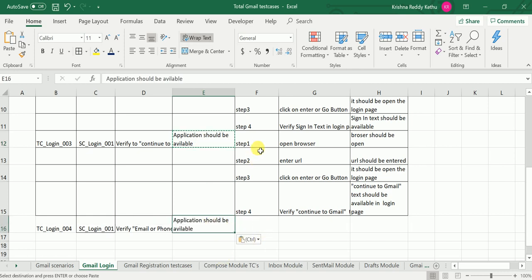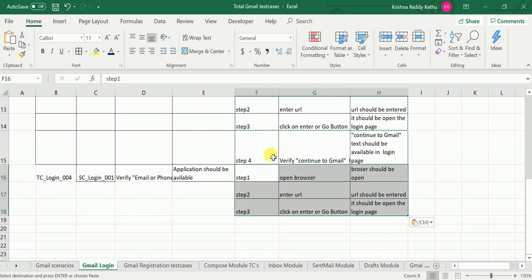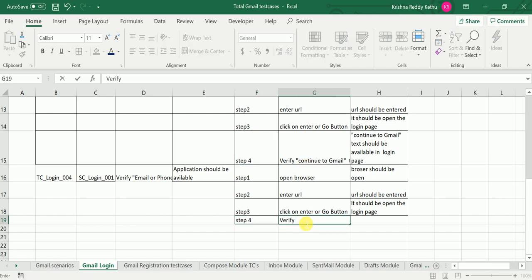Same prerequisite. First three steps are common, and the fourth step I am going to write: verify email or phone text field in login page.